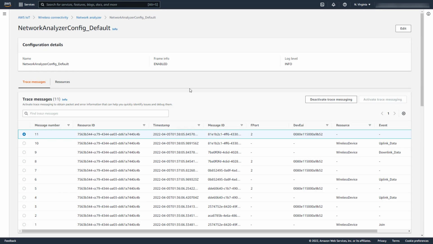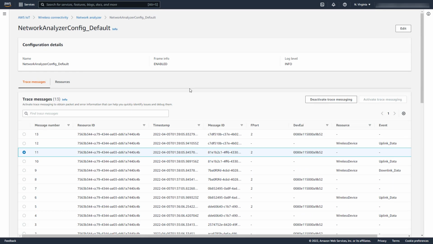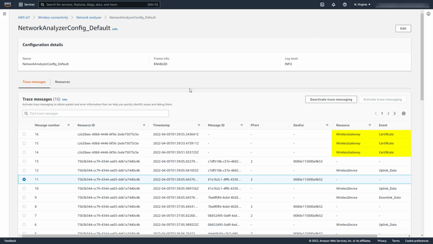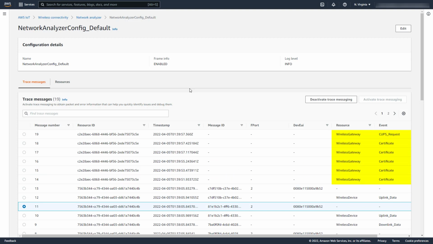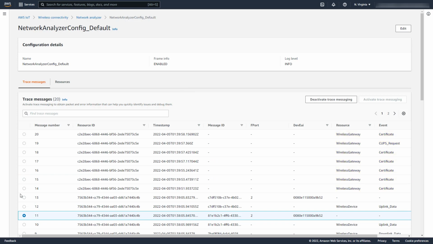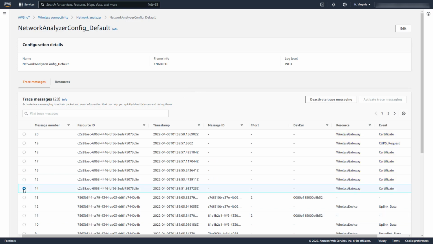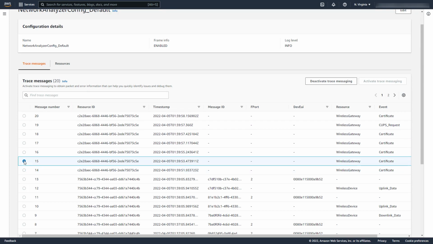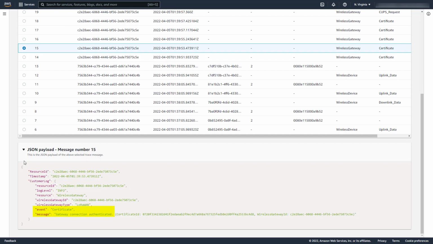We conclude the demonstration by repowering the gateway to force a reconnection. A short time later, several wireless gateway log events are recorded. Inspecting the details, we can see that the reconnection first caused a disconnection, followed shortly thereafter by a successful reconnection.